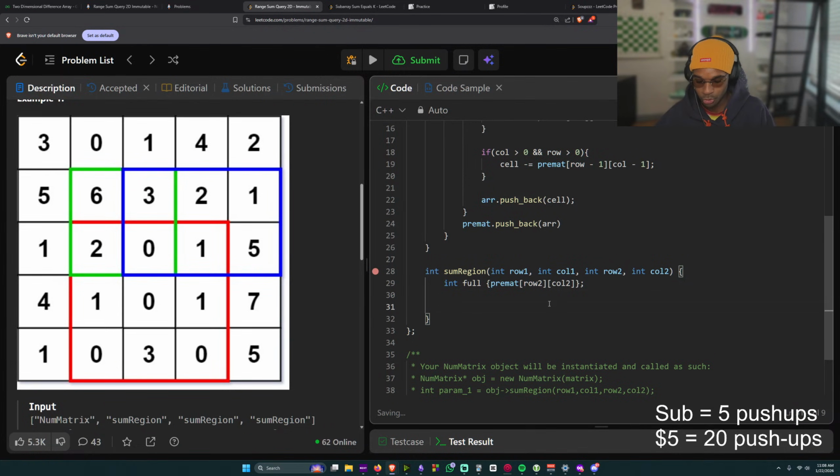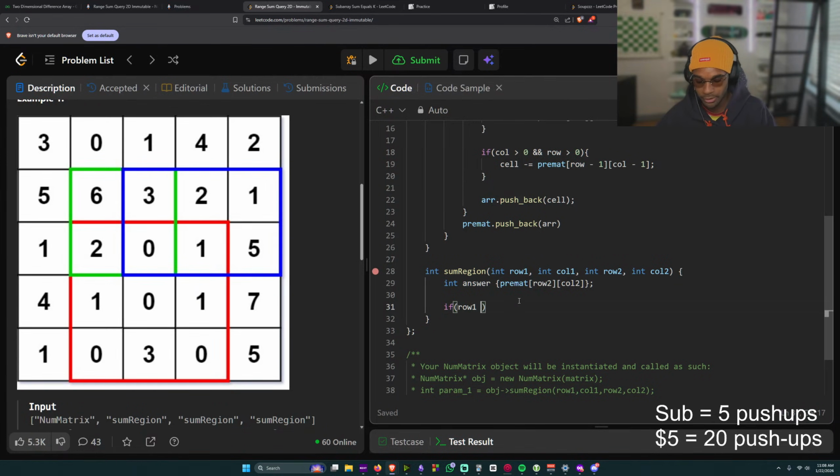And now we need to do some subtraction. So if int answer, yeah, it makes more sense. So if row 1, because that's where we start, we need to have the parentheses.